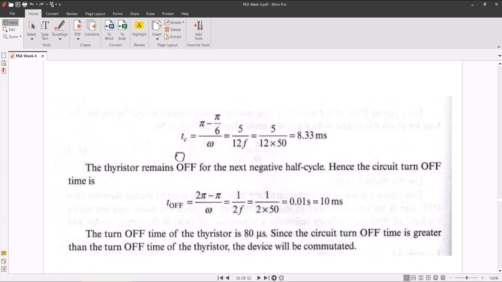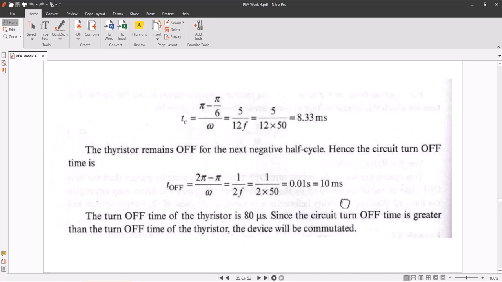Negative half cycle, hence the circuit turn off time is, तो इसका जो turn off time है वो क्या है 2 पाई माइनस पाई ओवर ओमेगा, तो ये तकरीबन आता है आपका 10 मिली सेकेंड। Hence the turn off time of the thyristor is 80 microseconds. Since the circuit turn off time is greater than the turn off time of the thyristor, the device will be commutated. देखें the turn off time of the thyristor is 80 microseconds, यानी 80 माइक्रोसेकंड इसका टर्न